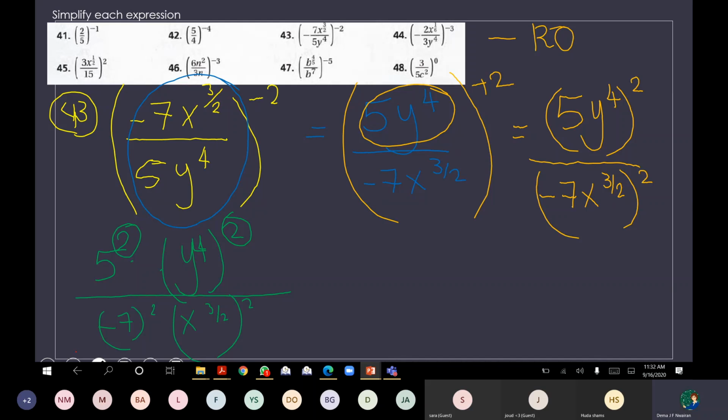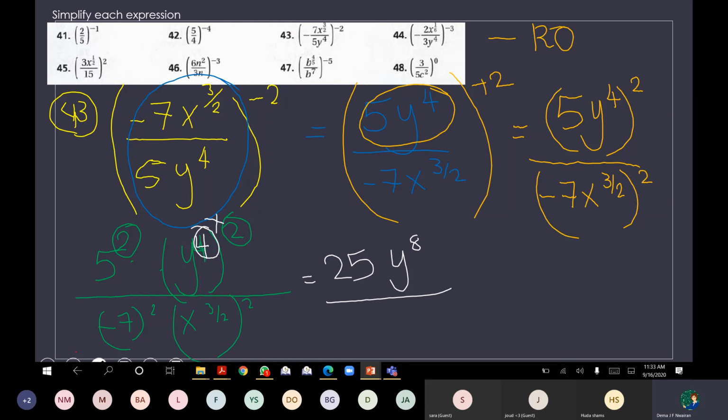After that, let's now simplify. 5 squared is 25. y raised to the power 4, and they are raised also to the power 2. What should I do now? I will multiply the powers. So it will be y raised to the power 8, because I multiply 4 multiplied by 2. Because here we have a bracket of y raised to the power 4 raised to 2. So it will be y to the power 8 over